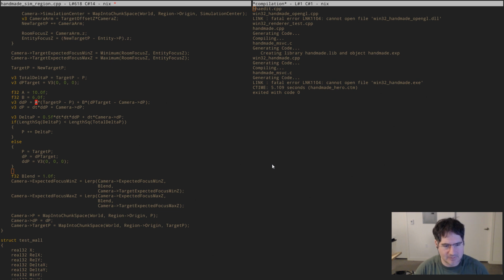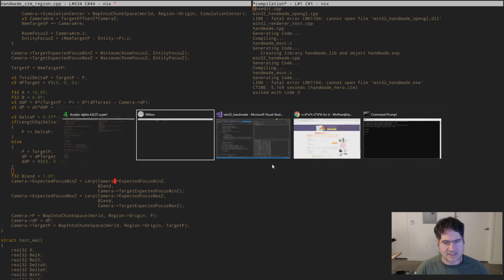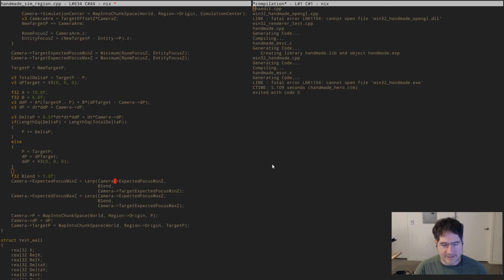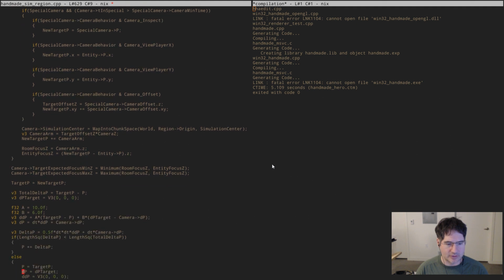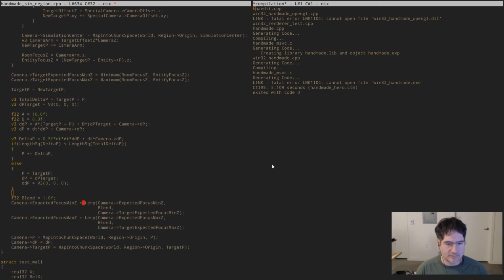I don't know. Blending these together is going to be sort of tricky, because if you think about what we actually want, when we're setting these, like the entity focus and the room focus values here for these, blending those together,